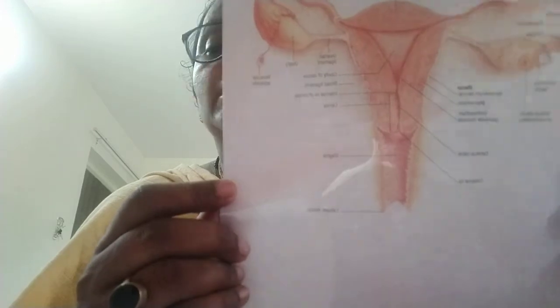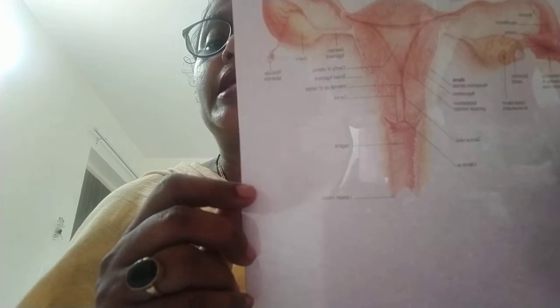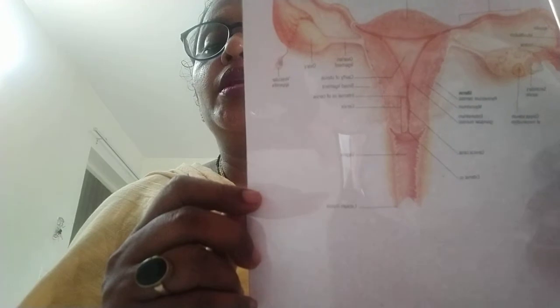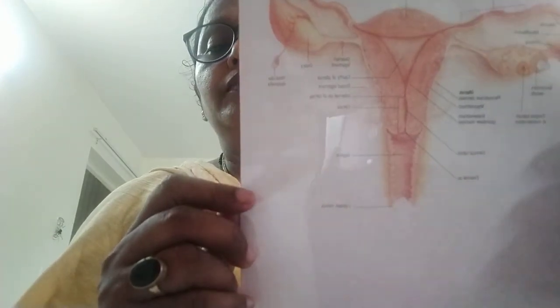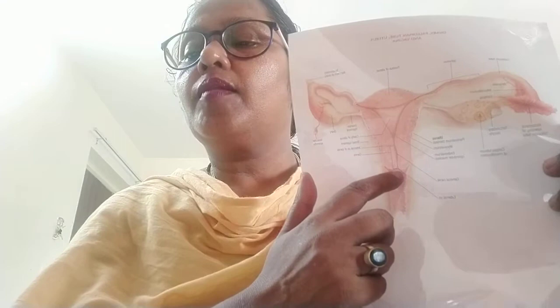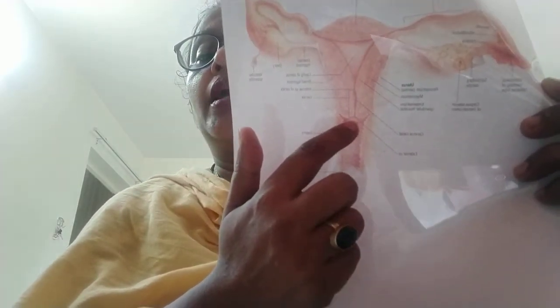Now the cervix, which is cylindrical. This part is the cervix. See the cylindrical form. We can see the cervical canal here, a slit-like part. The cervix is cylindrical in shape and measures about 2.5 cm. It extends from the isthmus and ends at the external os, which opens into the vagina. The part lying above the vagina is called the supravaginal part, and the part within the vagina is called the vaginal part.